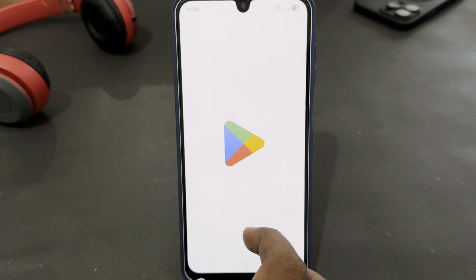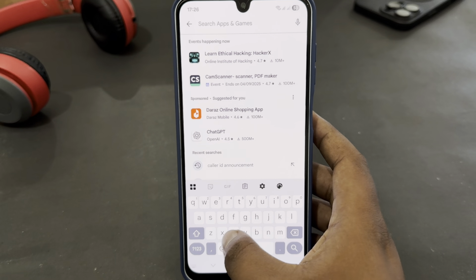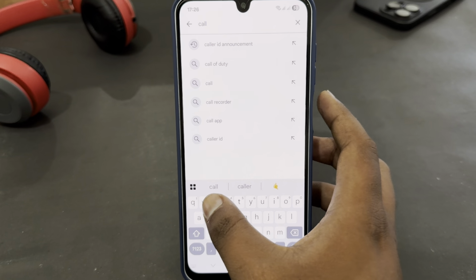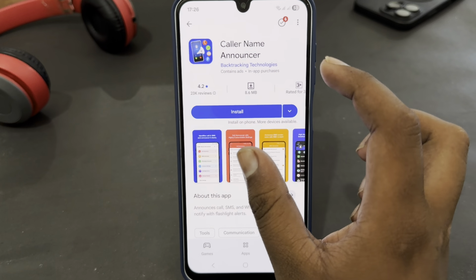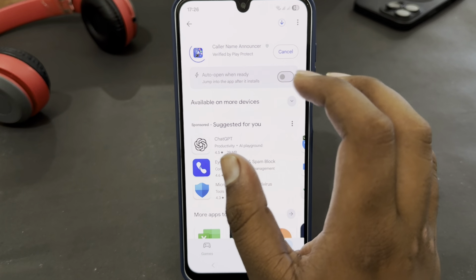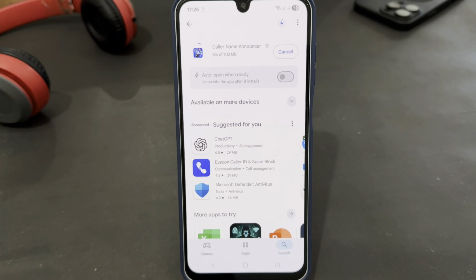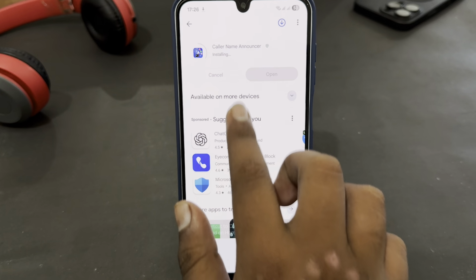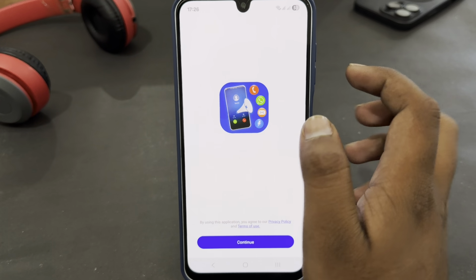Just open your Play Store app and search for caller ID announcement. Then install this app. You have to install a third party app for this because your phone doesn't have any built-in feature now to announce your caller name. So you have to install that app, then tap on open and here just tap